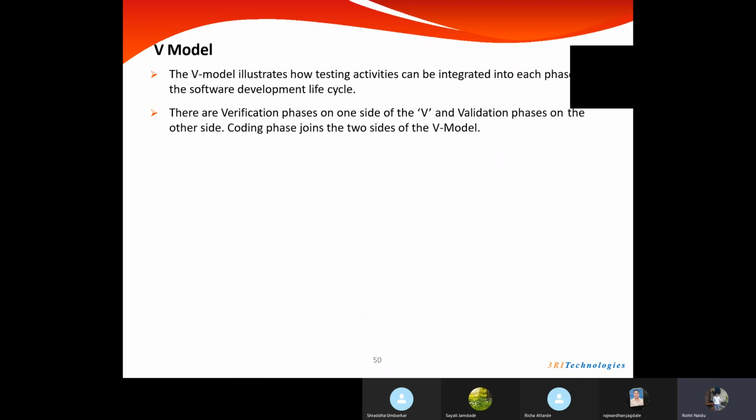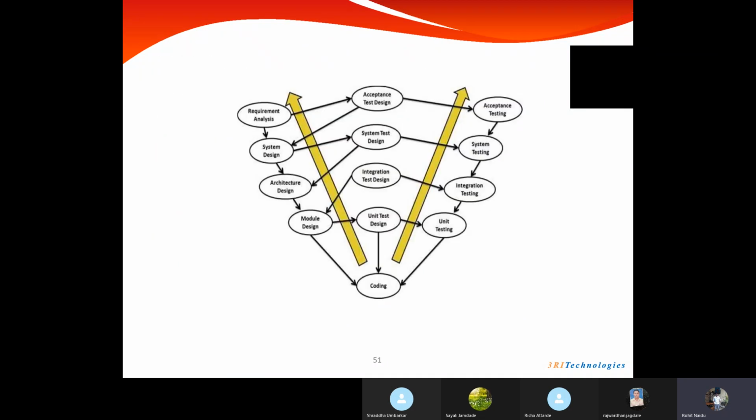Then we have seen the major differences between verification and validation, and then we started looking into the V model, where we have seen it's a kind of methodology where the developer team will be the bridge to establish the communication between the two stages, verification and validation. On one side of the branch we will be doing the verification, which is just the static testing. On the other side we will be doing the validation, which is called the dynamic testing, or the actual software testing of the application.